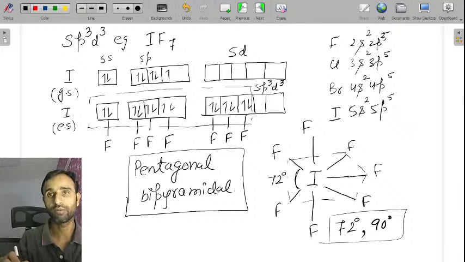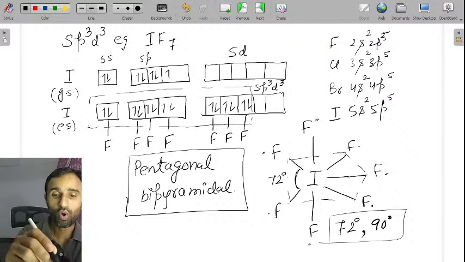बॉन्ड्स इन द सेम प्लेन। 5 जो बॉन्ड्स हैं है ना, ये 5 1 2 3 4 और 5, इन 5 के बीच में एंगल है 72 डिग्री। और ये जो दो हैं, वन अबव द प्लेन वन बिलो द प्लेन, दे आर एट 90 डिग्री। तो अब बात करते हैं, ये हो गया अपना। अब हम बात कर रहे थे कि H2O।